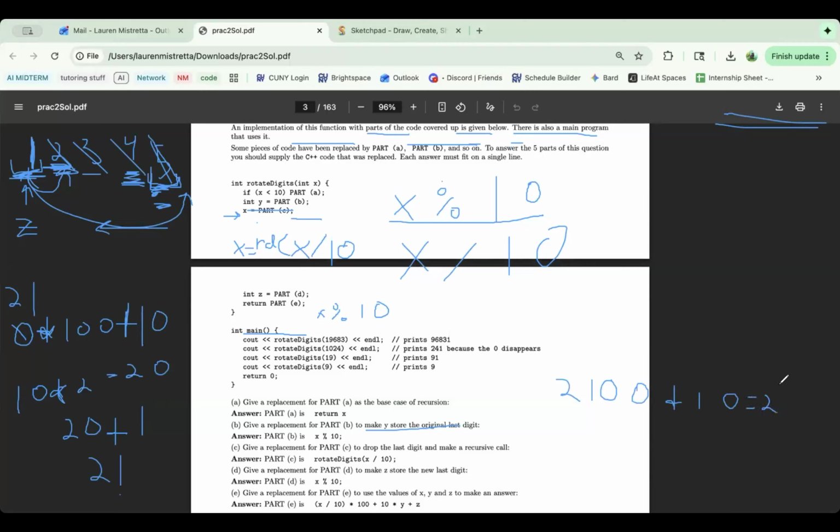This is going to give me 2110. Actually, I'm sorry, this is supposed to be 10 times y. So 10 times what is my y? Well, that's going to be my next one here. So instead of 10, this is going to be 30. So now I'm going to have 2, 1, 3, 0. This is the 3, the next one. And then plus